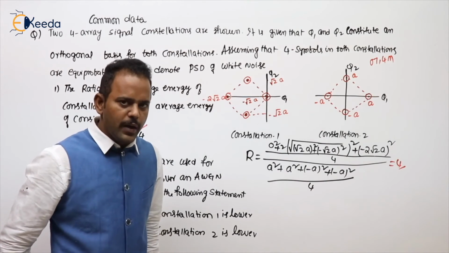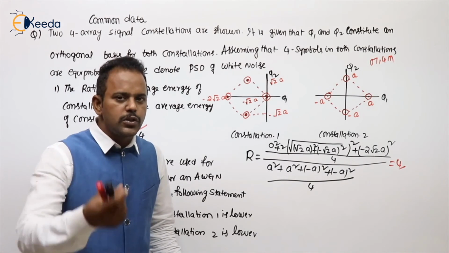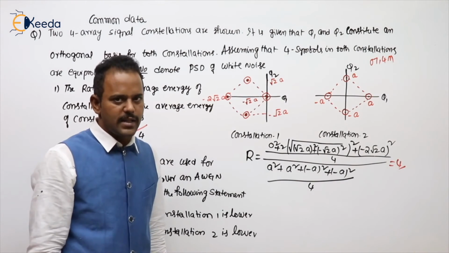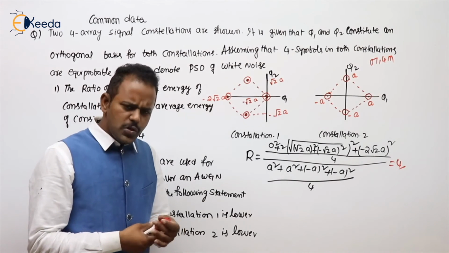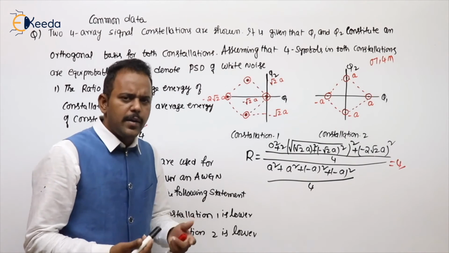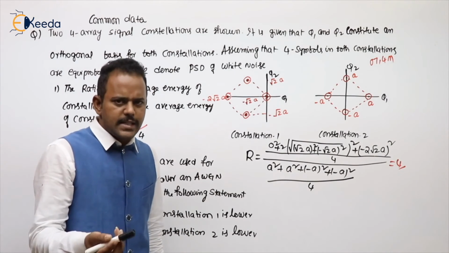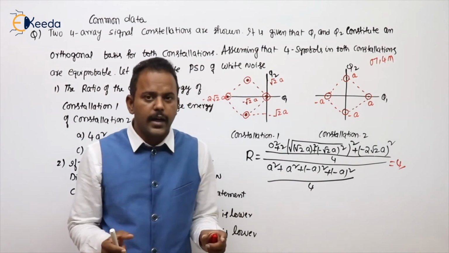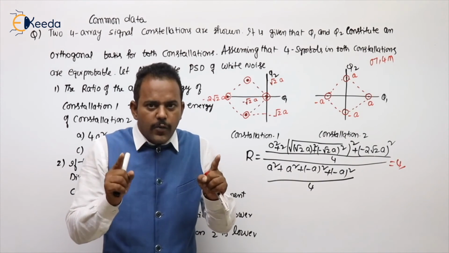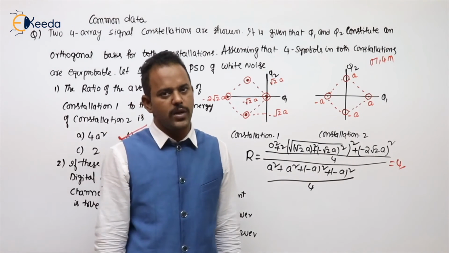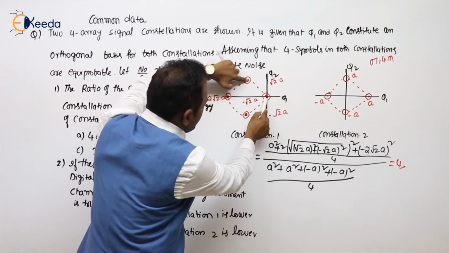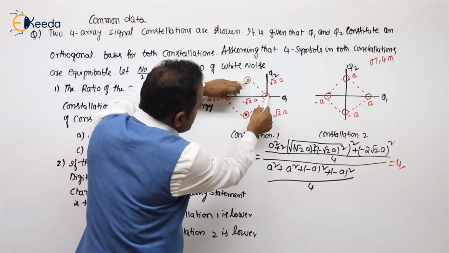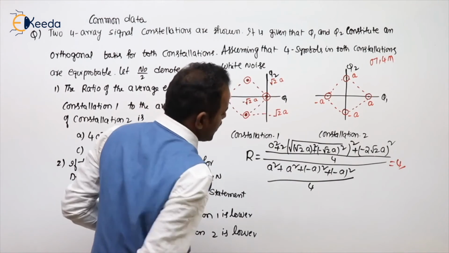As the knowledge we have, simple, probability of error is directly proportional to 1 by distance. Probability of error is directly proportional to 1 by distance. Are you getting my point or not? So calculate the distance between the signaling points. Which is having the less distance, more error; more distance, less error. And when we are calculating the distance between the signaling points, always as the reference we need to take the shortest ones. Means these two you can take, or these two, or these two, but these two cannot be taken because these will come first. So shortest ones you have to take.